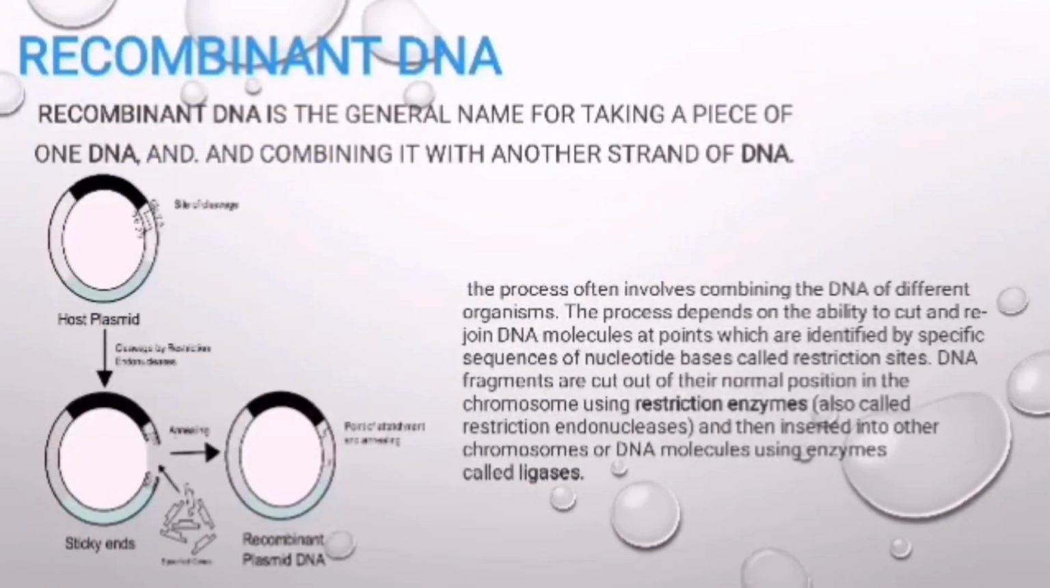Recombinant DNA is taking a piece of one DNA and combining it with another strand of DNA. The process of recombinant DNA involves combining the DNA of different organisms. The process depends on the ability